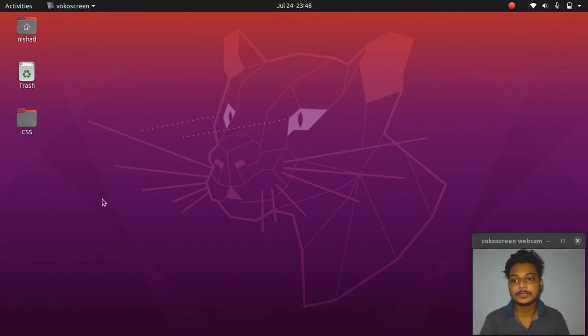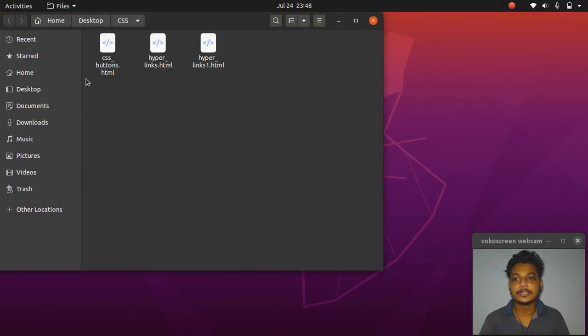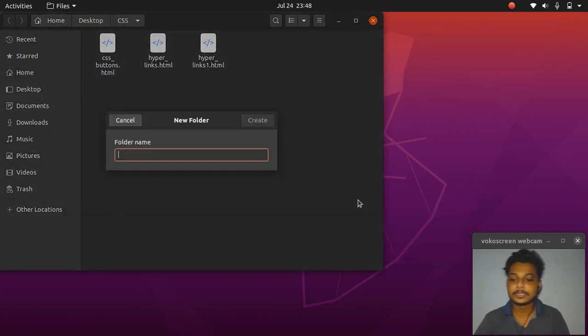So I have this CSS folder on my desktop. This folder was created from our previous video. It was named CSS buttons, but I just renamed it as CSS for now. I'm opening that one, and you can see 3 HTML files here. This one we created in our previous video, and these 2 I created this morning. So I'll create 2 new folders, maybe CSS